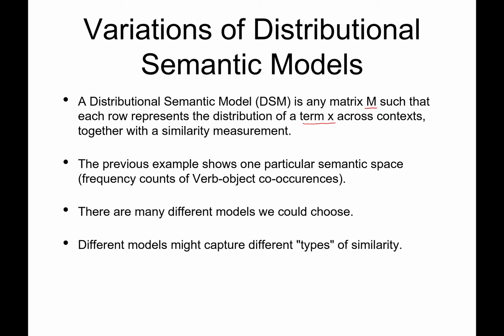can do other things. I mean, obviously, you can use the immediate lexical context or whatever you want, depends on the application. So there are many different models that we could choose, but we have to know why we choose a model and what we hope to achieve with that. Different models can capture different types of similarity, and we will see in this video how you can vary a couple of things to obtain the results that give you the type of similarity you're